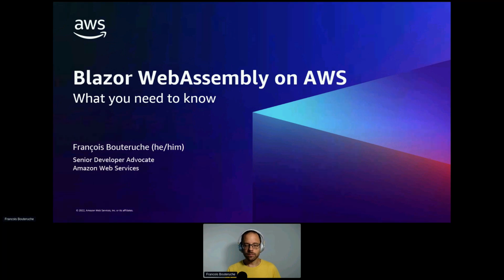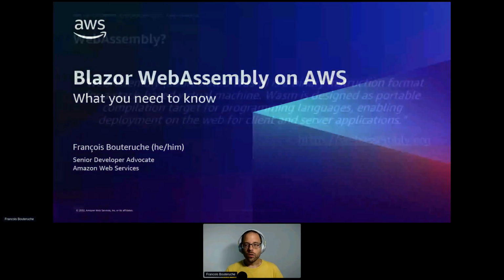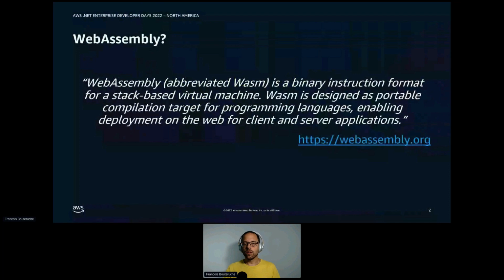Okay, so let's review together what is WebAssembly, and let's simply read the definition you can find on webassembly.org. So WebAssembly is a binary instruction format for a stack-based virtual machine. WebAssembly is designed as a portable compilation target for programming languages, enabling deployment on the web for client and server applications. So I think what is important here is that